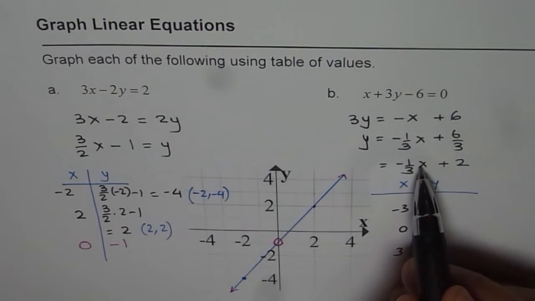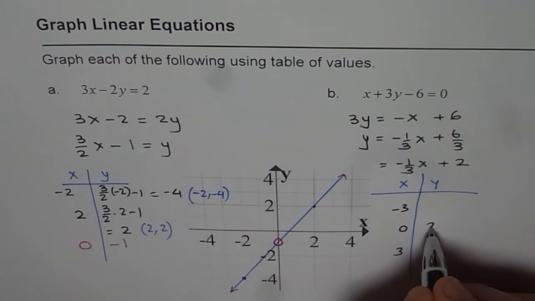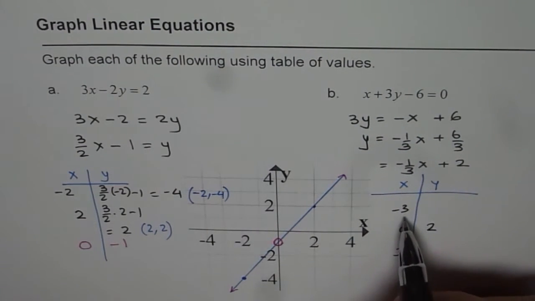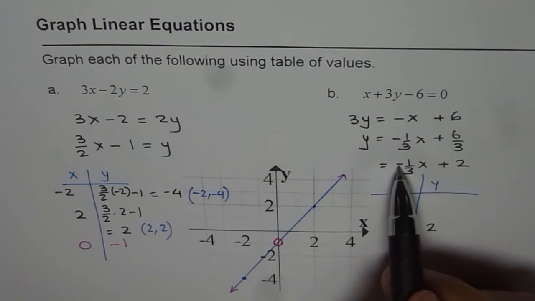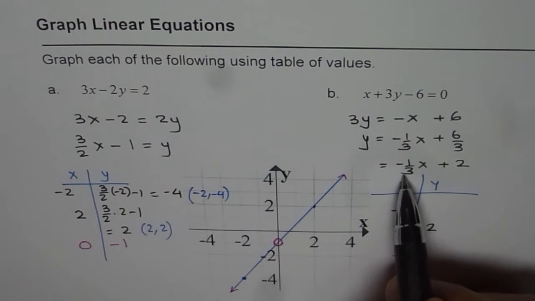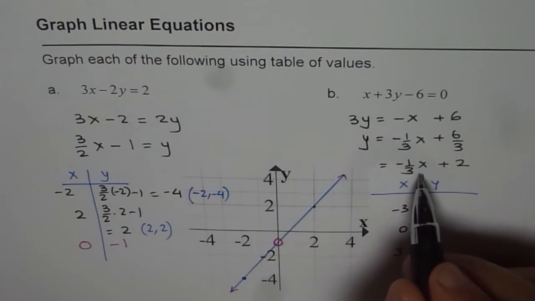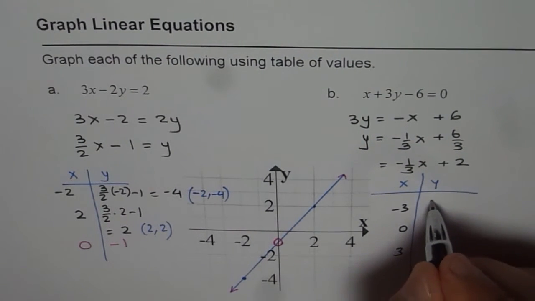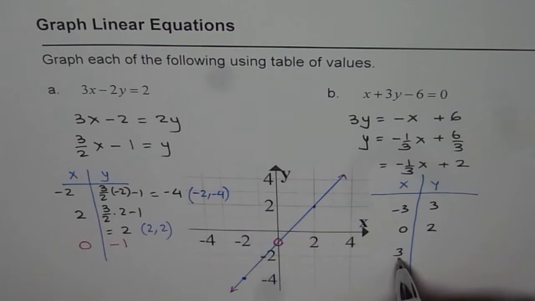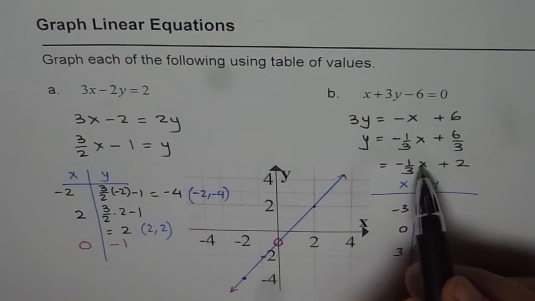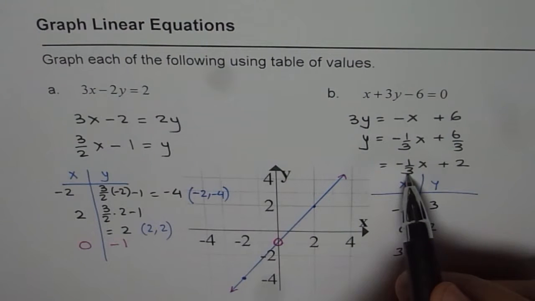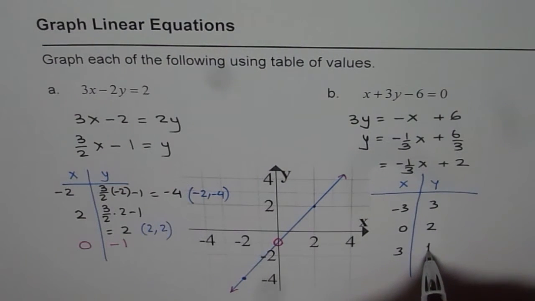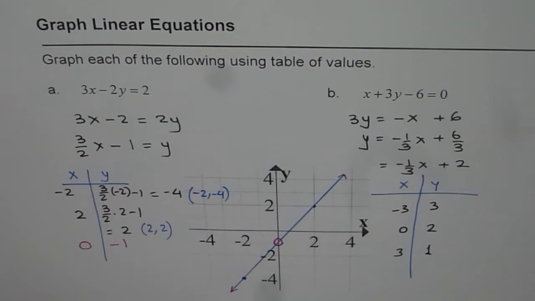If I write 0 here, I get 2. So y value is 2. If I write minus 3, minus and minus makes it plus. 3 and 3 cancel out, giving us 1 plus 1. So for minus 3, we get 1 plus 2 as 3. For plus 3, it will be minus 1, right? Plus 3 divided by plus 3 leaves us with minus 1. 2 minus 1 will give me 1, right? So this gives us